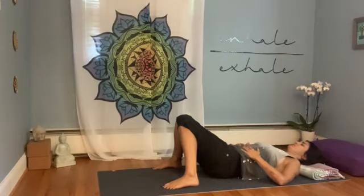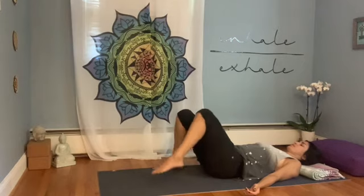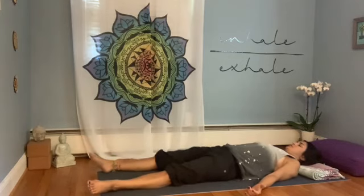If you would like to change this pose for Shavasana, feel free. You can let the hands come by the sides. You can let your legs go out straight. You can put something underneath the legs for more support. So just take a moment here, check in,